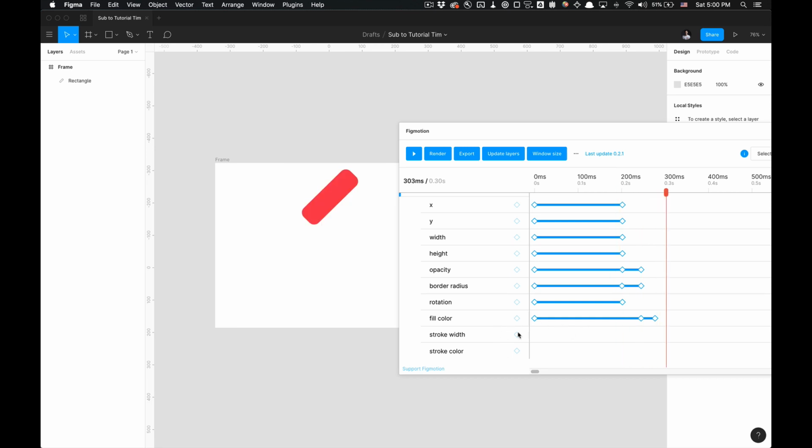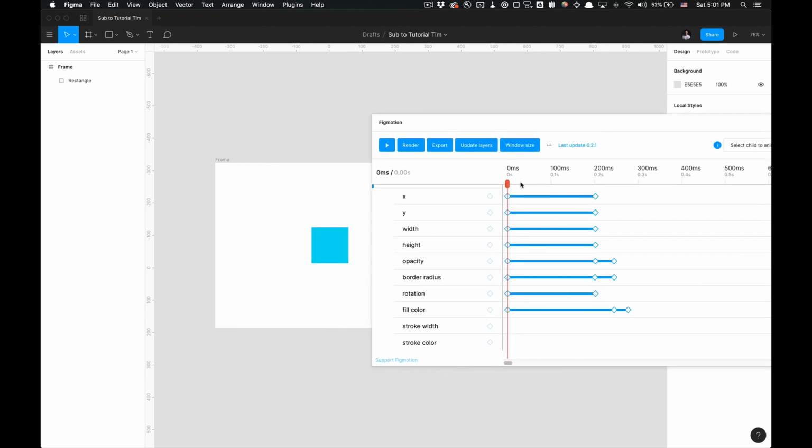So now we can also adjust the stroke width and color here. So the thing is, we don't really have a defined stroke width or stroke color. So that would probably be for a shape that is outlined or has a stroke applied to it. So that is currently the motion we have added. So I'm going to show you now how to